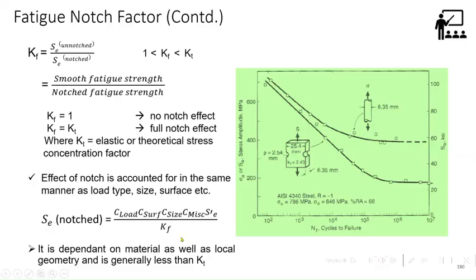And it depends on the material as well as the local geometry, and is generally less than Kt. Okay, so it also depends on the material: with the same type of geometry, whether it is made of ferrous or non-ferrous, your Kf is different, and the local geometry is